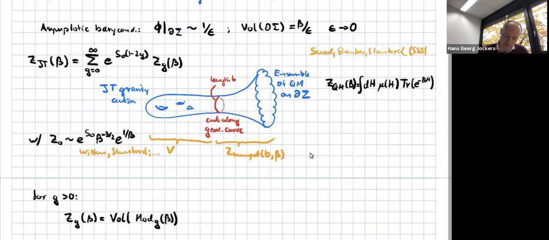And this volume of this moduli space also depends on this length b. And it's this quantity here where you must be careful. You can't have this, for instance, at genus zero with one boundary condition. This is just empty. So in other words, to illustrate this, take any hyperbolic two-dimensional space, and certainly you can cut out a disk. There's nothing wrong with that.